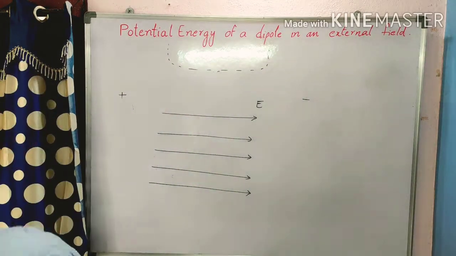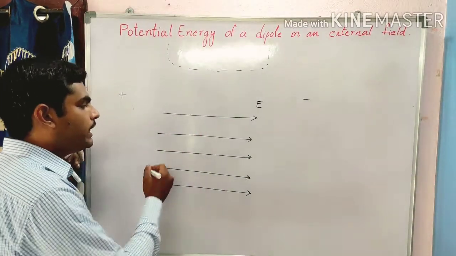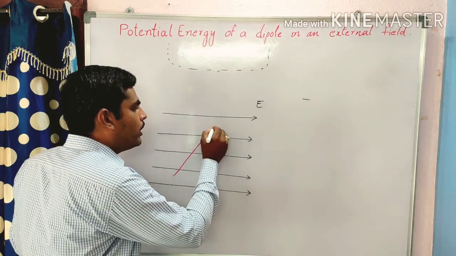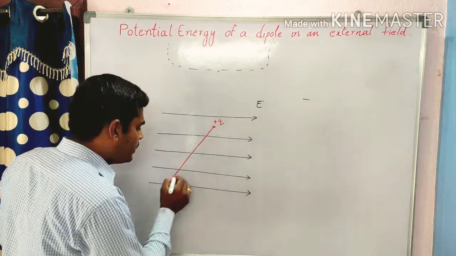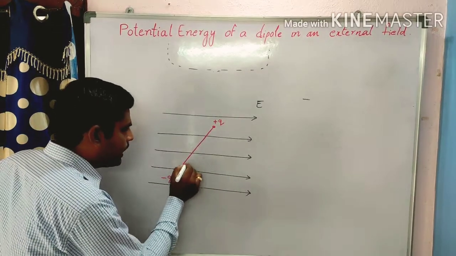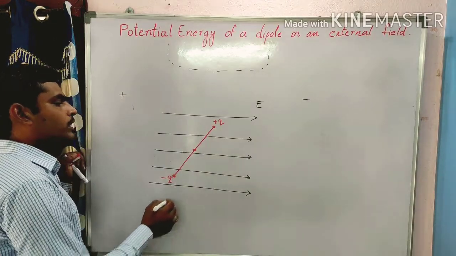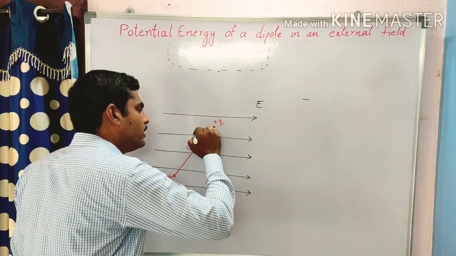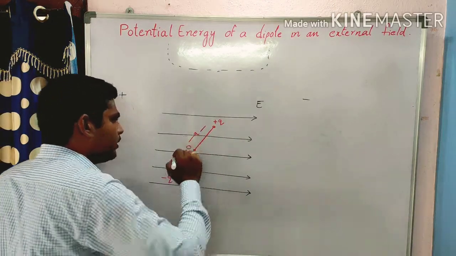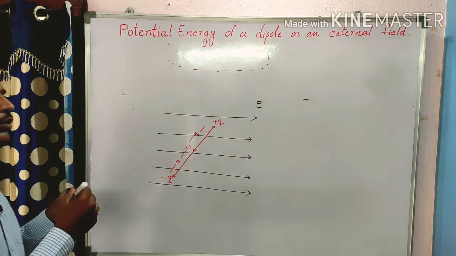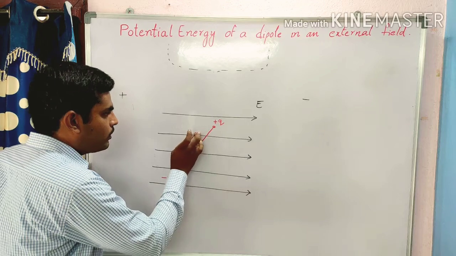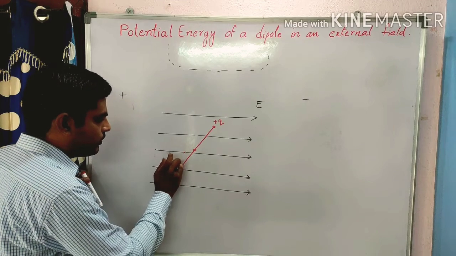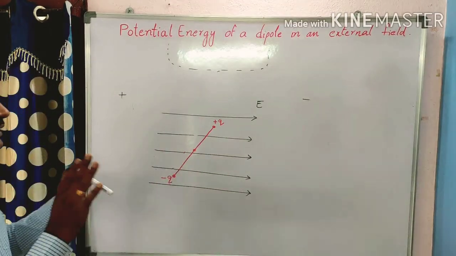Now I am taking a dipole and placing it in this electric field. This is a dipole with a positive charge and a negative charge, and this is the center of the dipole, O. The length of this arm is a, and the length of this arm is a. Temporarily I am rubbing this one to avoid confusion and clumsiness in the figure. Okay, this is the dipole I have taken.